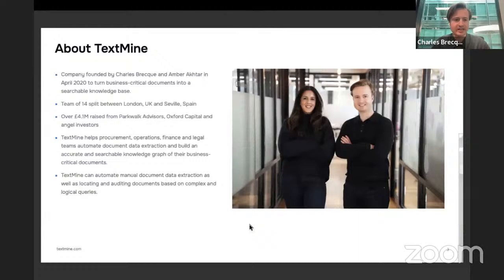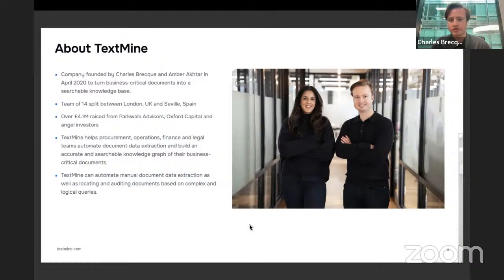So, a quick intro to the company. I'm one of the co-founders. I have a background in engineering. My co-founder Amber has a background in law. And 4 years ago, we were very much frustrated with how data in documents was tracked and managed within businesses, which is why we set out to build a company to make it easier to answer questions about contracts.